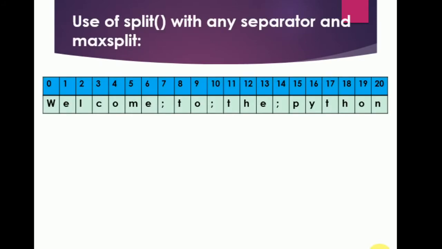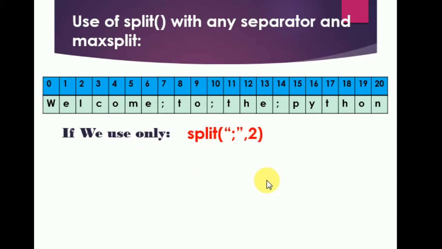So now let us discuss the use of maxsplit. I'm using the same string, colons are there, which means a separator is already there. Now we are going to use the maxsplit. Now it controls our split. How? I'm going to show you one example. If I use split with double quotes, colon, comma 2, that means 2 splits are going to happen. After that, the split is going to stop.